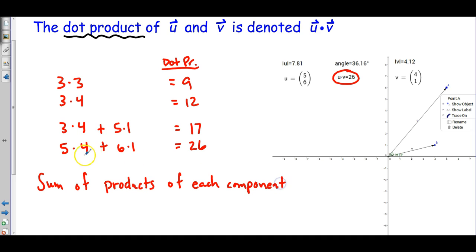What I mean by that is I'm taking the products. This is the x component of the first vector, x component of the second vector. I'm multiplying those together. This is the y component of the first vector, the y component of the second vector, and I'm adding those. So it is the sum of the products of each component for these vectors. And it turns out that that's exactly how you calculate the dot product, is the sum of the products of